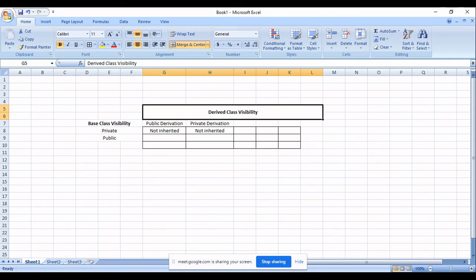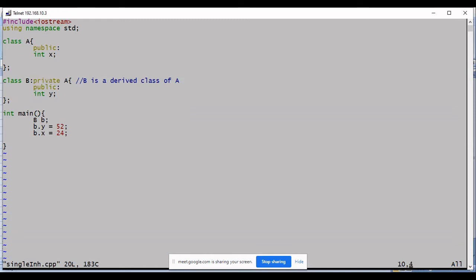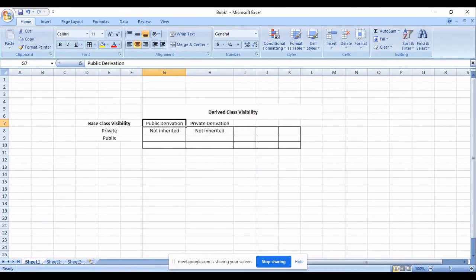Okay. And now coming to public member data in the base class. Something is public in base class and you derive it using public keyword. Earlier we had public keyword here. So when both are public, I could access this X. What does that mean? The X in base class, which is public, will become what kind of data?